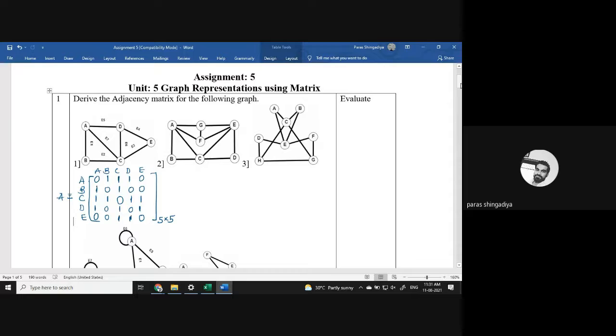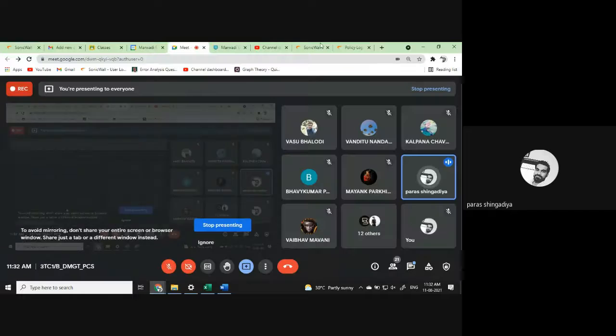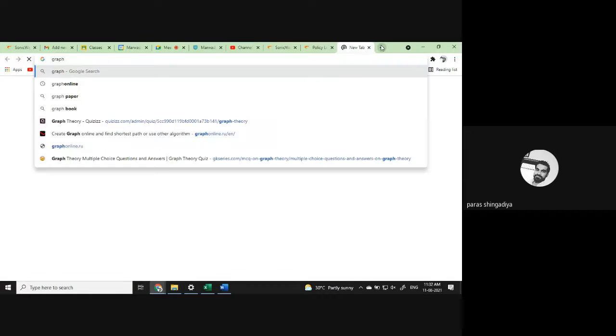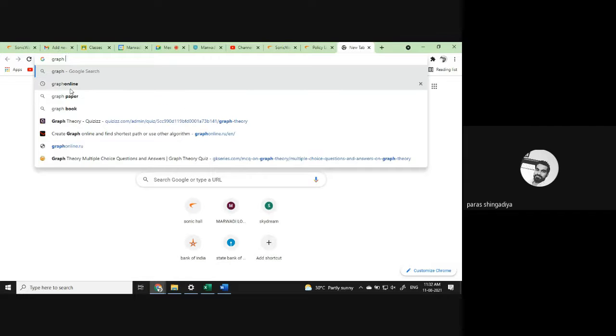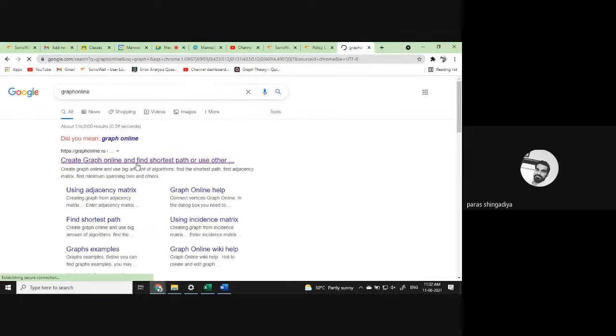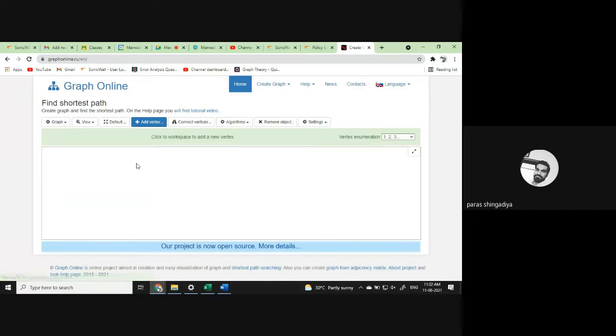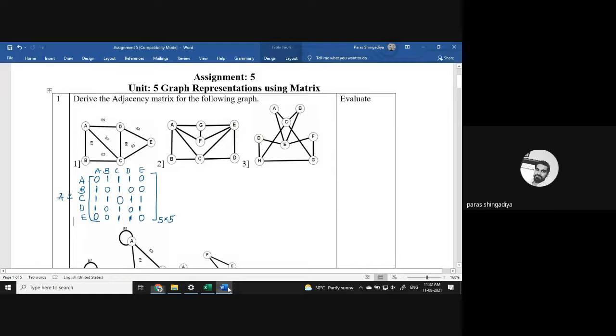If you want to verify whether the answer is correct or not, from the graph we can verify it by using the degree concept. And another way is you can use the online tool, which we are using to check whether a graph is Euler or not. There is also an option available to derive the adjacency matrix. For this you first have to draw the graph. Whatever graph is given here, you first draw it and then you can get the answer. So let's create the second graph here and then verify your answer with that.